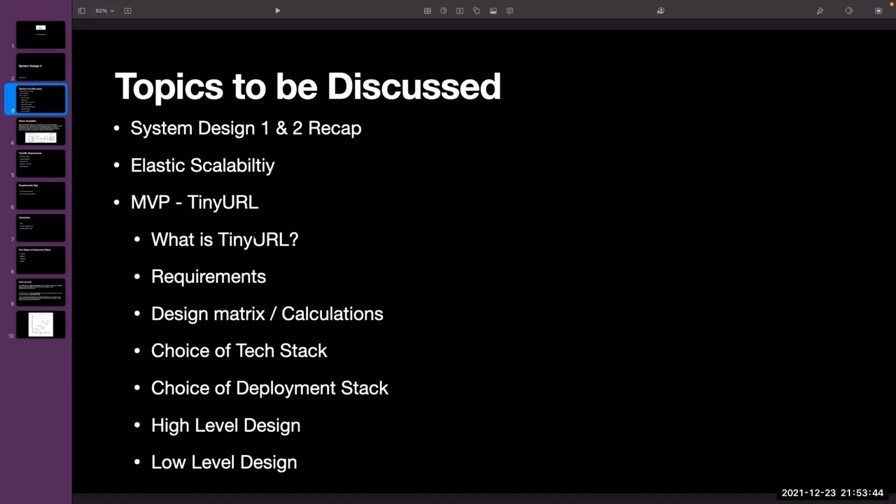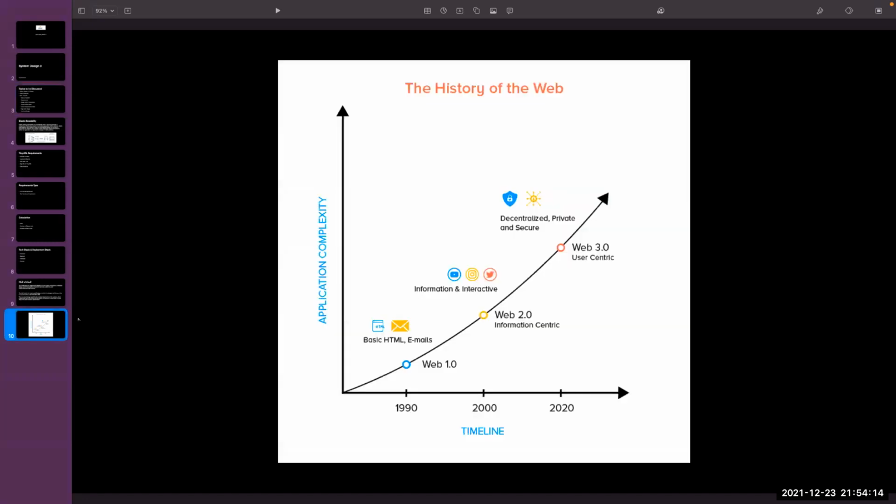And apart from that, we talked about how the requirements are made, and what kind of calculations we do in order to find the number of users coming in, how many servers we require, the number of master nodes required, and the number of slave nodes required. We also do the calculation for QPS, that is queries per second. Then we talked about what technologies are there to create the product, and how we can deploy it. Then we talked about high level design and low level design. So this is everything we talked about today. Right, guys?